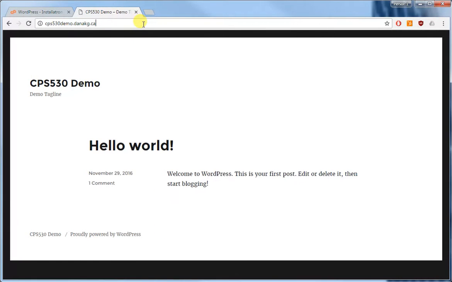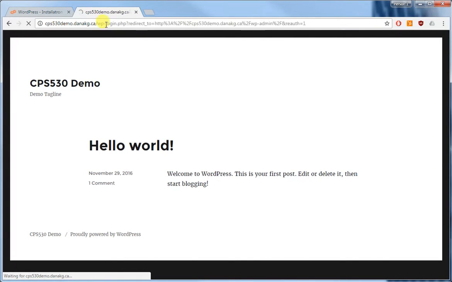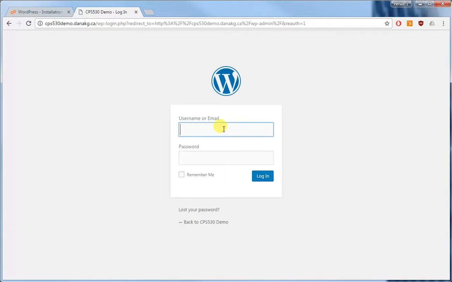So how would you log in here? Just type in wp-admin at the back here, right next to the URL, depending on which folder you installed to, but that's where we have it installed. And the username, you're just going to go with admin. That's what we put in. And password is password123. Click login,